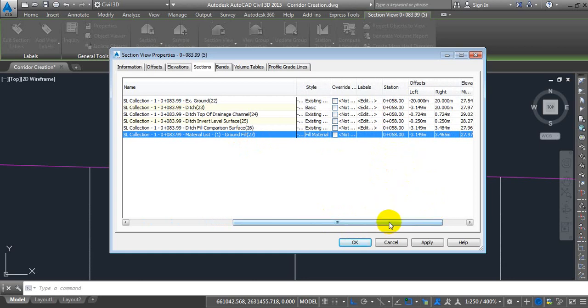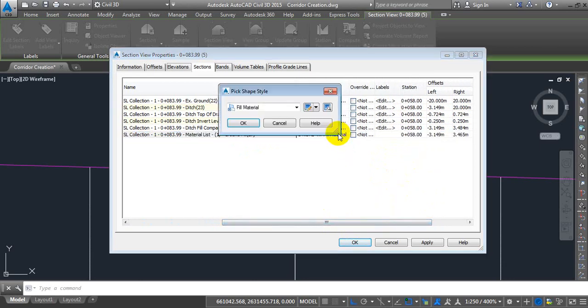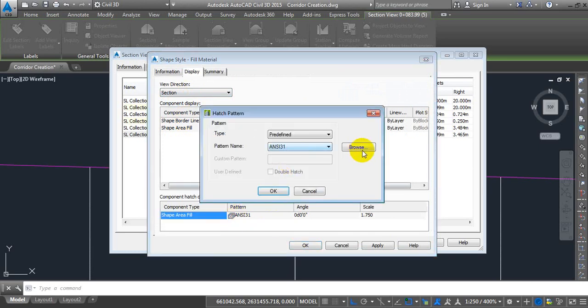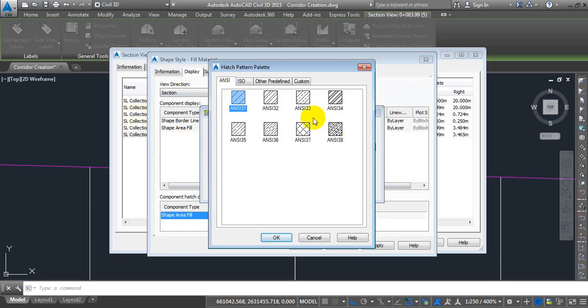I will come to style, fill material. I will click this guy, and then in section I will come to section because we need to see it in section, and then I will make the fill pattern equal to something like